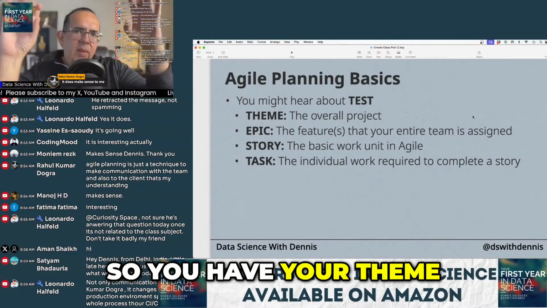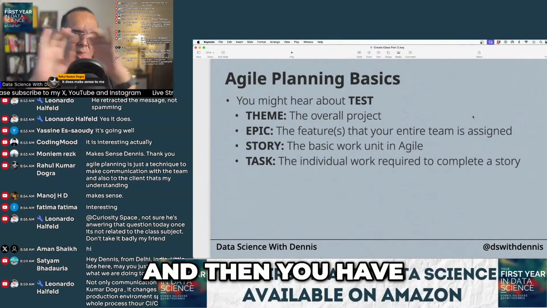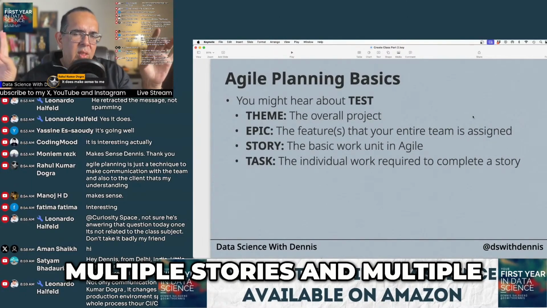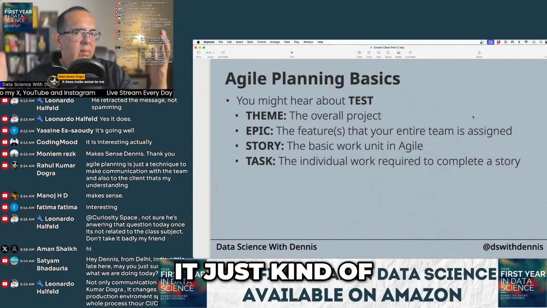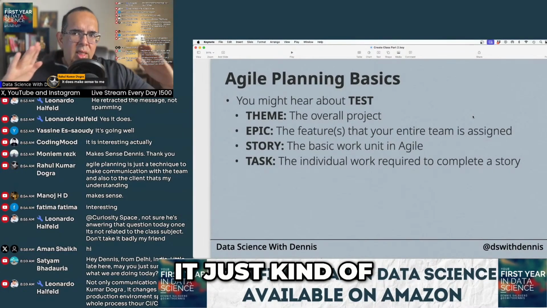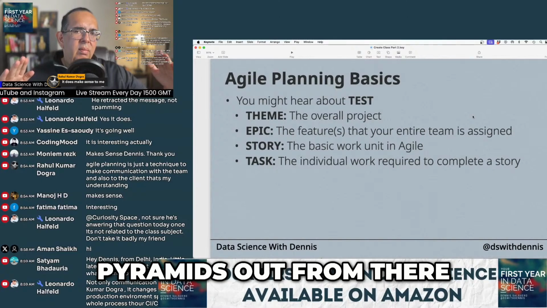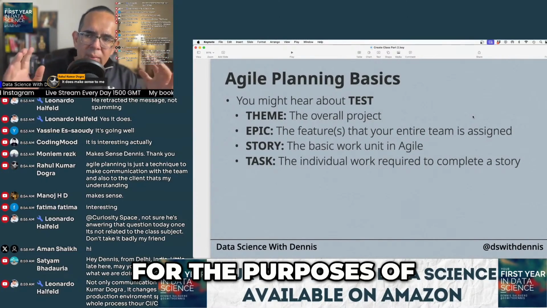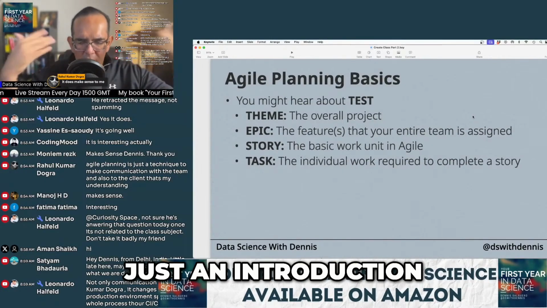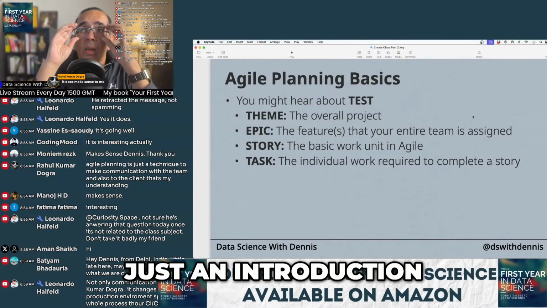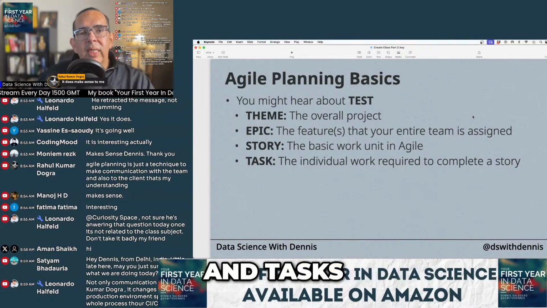So you have your theme, you have multiple epics, and then you have multiple stories and multiple tasks within all of those, right? It just pyramids out from there. But again, for the purposes of us learning, because this isn't a master class, just an introduction, we're going to be focused on the stories and tasks.